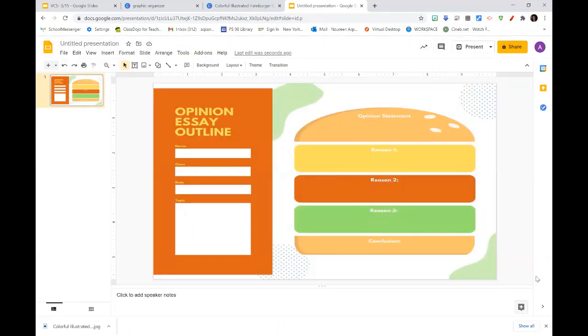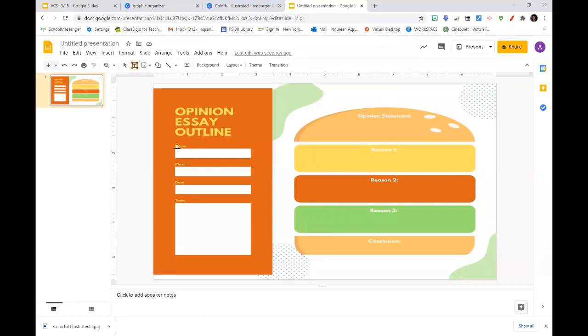Now this looks great, but how do my students interact with this? How do they write on this? They're not able to add any text. As you see, I'm clicking, nothing's happening. Well, this is where you're going to have to embed text boxes into the different sections where you would like your students to add text. How do you do this? Let me show you. So you will have to go to the text box